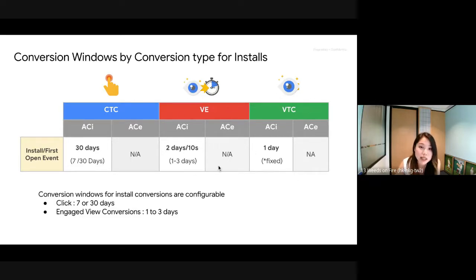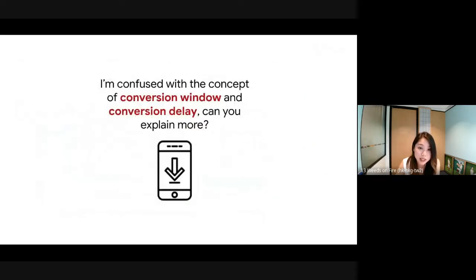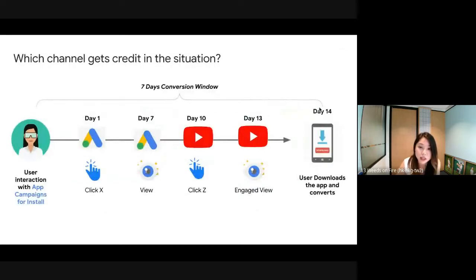And depending on the setup for video engagement and click-through, then it will be the other channels. But because the last channel is from view-through, this conversion action will be accounted for view-through conversion here in day 13, the day before it converts.